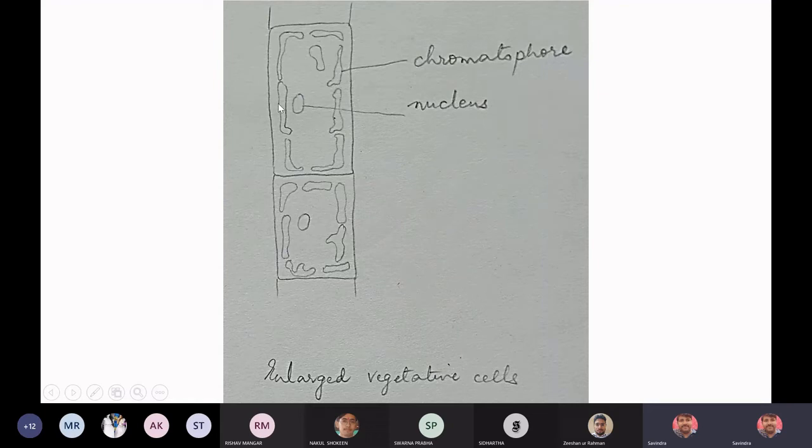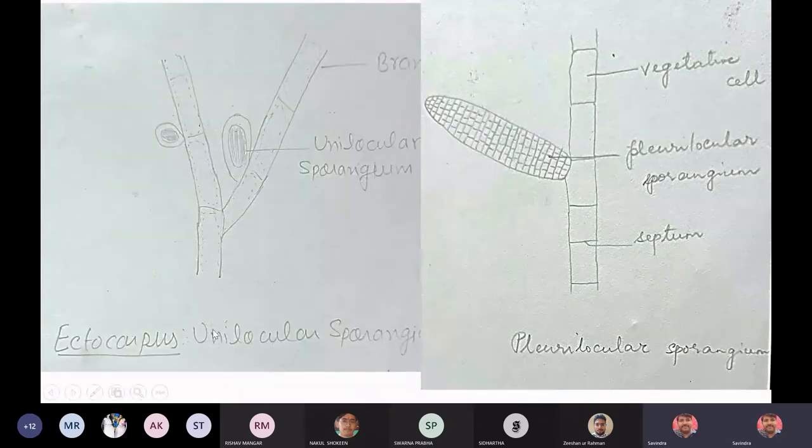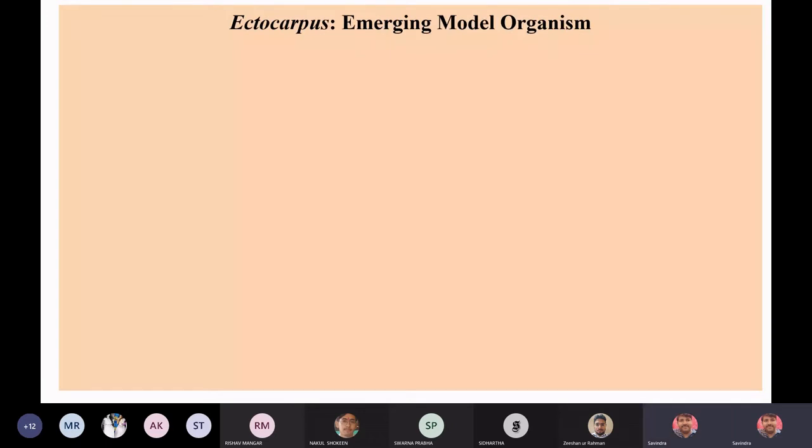Only these things are visible to us. एक न्यूक्लियस हमें दिख रहा है कहीं कहीं पर और क्रोमेटोफोर्स हमें दिख रहे हैं. We are not able to see any other details. Then a unilocular sporangia and plurilocular sporangia. Simple diagrams बनाने हैं just to understand how and where they are located and how it will look like. इसके अलावा